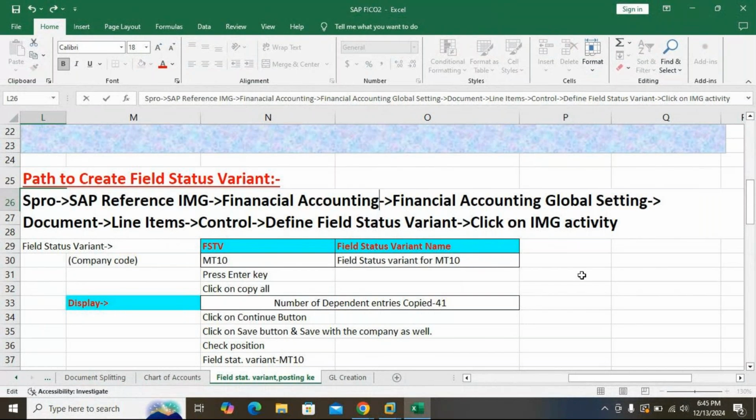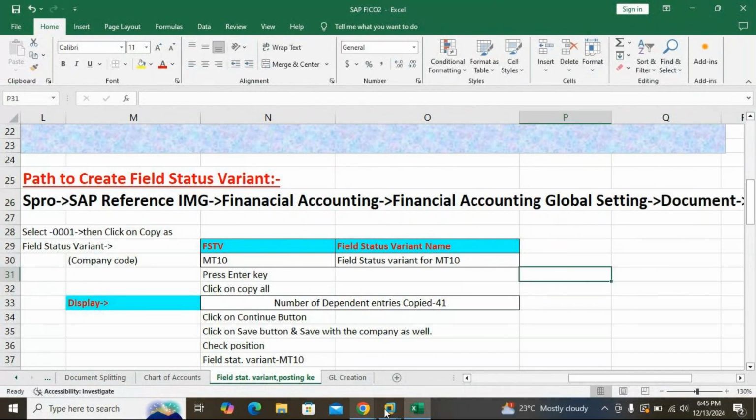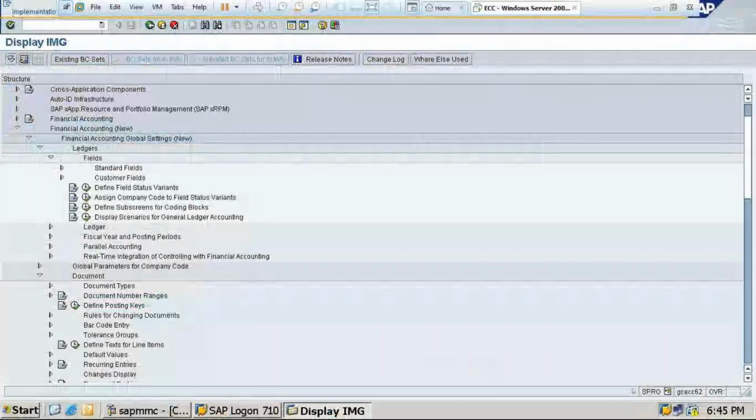In this way also you can see, students, and I am showing the shortcut way. That way also you can see, but it will take longer. Better you write this: financial accounting new, financial accounting global settings new, then ledger, then fields, then define field status variant, which is the triangle one. Make a note.